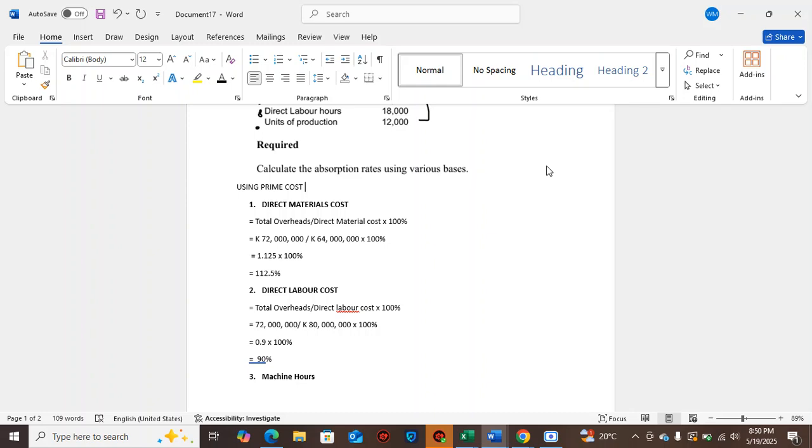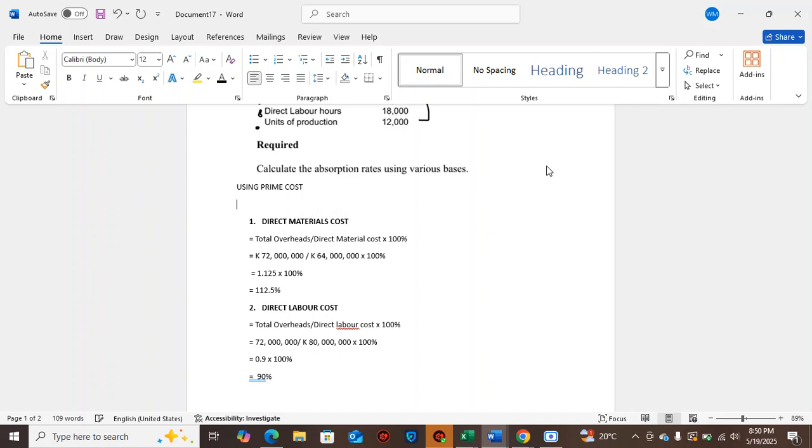This is direct labor and direct materials. Those are what you call your prime costs. So whenever you hear the word prime cost,